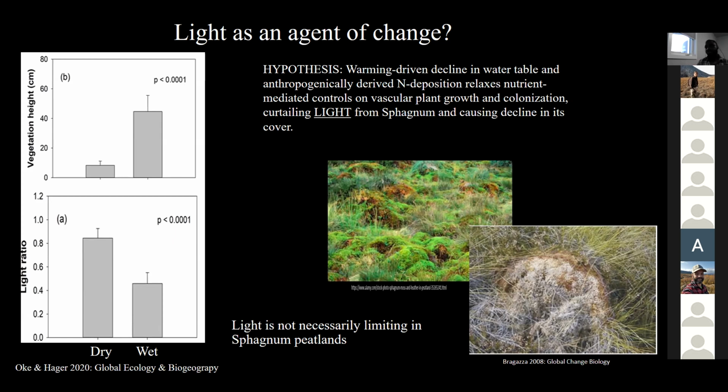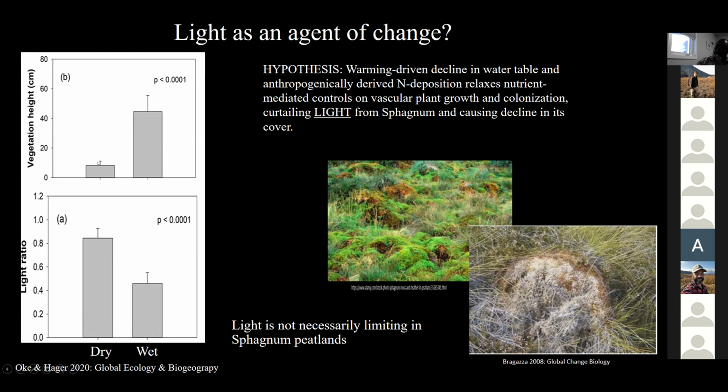The way we did this was we selected 2 sphagnum peatlands with contrasting hydrology. One was fed by surface water, and the other was more inland. There's no barrier to species dispersal between them, and they are within the same climate zone. We quantified vegetation height as the height of the dominant vascular plant species.